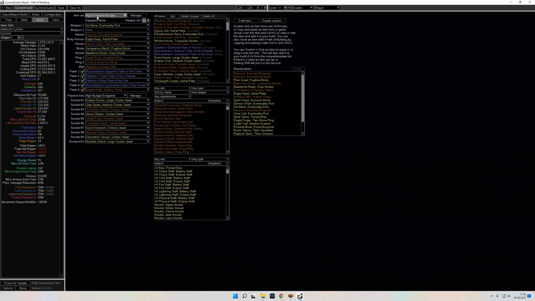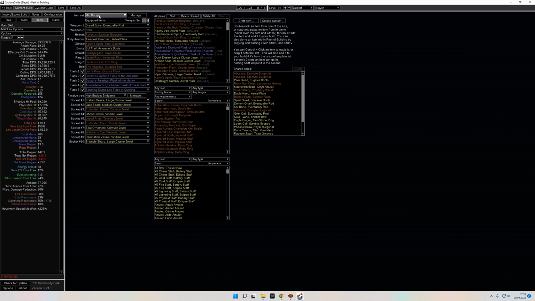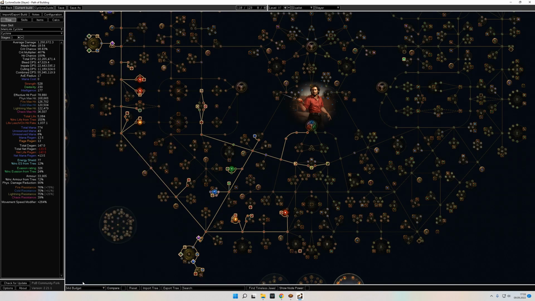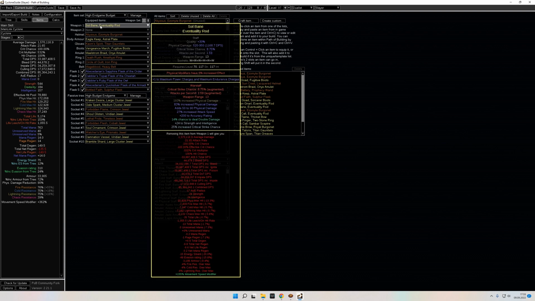I put in the POB for you the high end game budget variant and the mid budget variant. The tree is the same, mid budget and high end game. Let's go over some items in the high budget variant. That's the mirrored stuff. You want as much physical DPS as possible, and you would like to have either double damage or crit multi for nearby unique enemies as last suffix, and obviously the strength and intelligence craft with